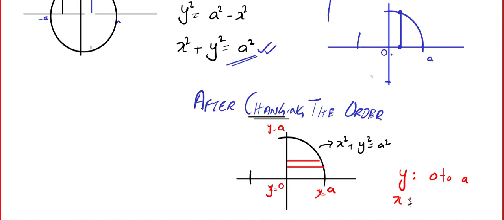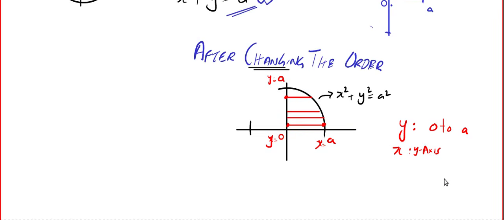And x varies from, look at this, you can check any strip. You can draw anywhere in the region. X varies from y axis to circle. Now y axis means x equal to 0 and circle means we have to find the x value. That will give me root under a square minus y square. Is that clear? So the integral becomes,